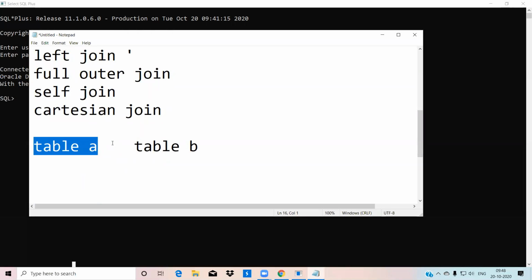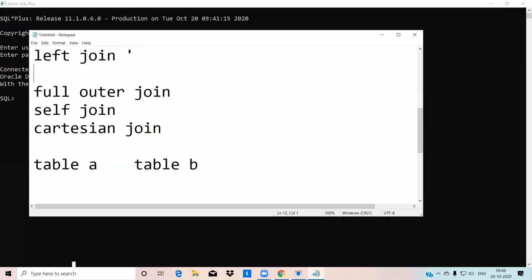The left join returns all the rows from the left table even if there are no records matching in the right table. It does not retrieve the right table's data, only the left table's data. That is left join. Next is